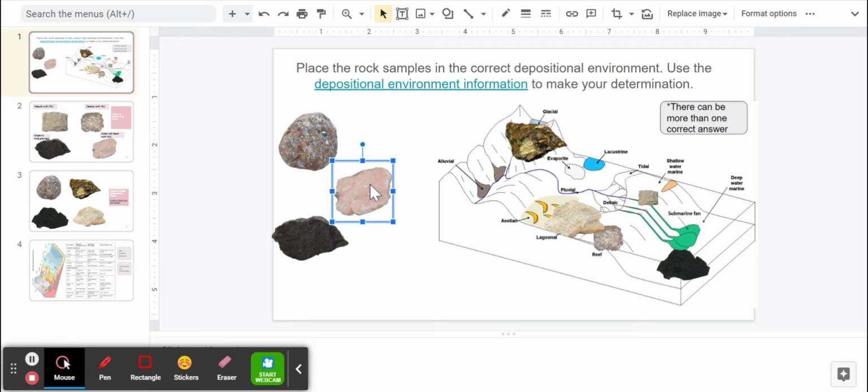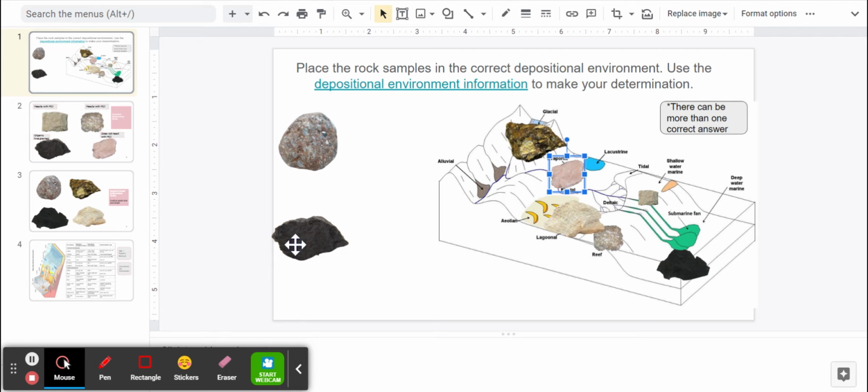Here we have rock gypsum, which is going to form as an evaporite. And we know this because it's a chemical rock that does not react with acid. So that pretty much narrows it down to either an evaporite or a rock that formed from organic material like